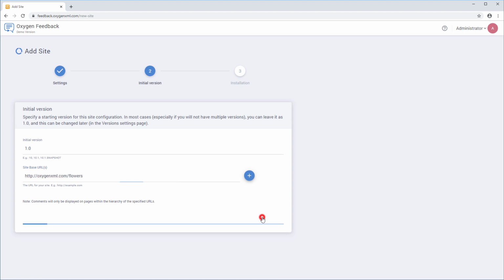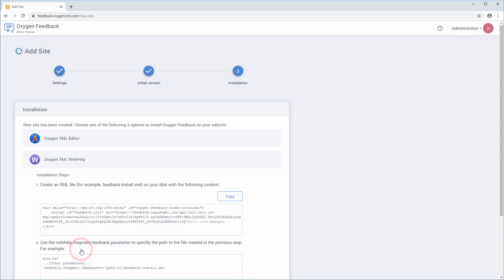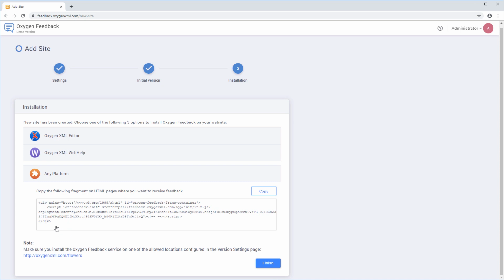And the third step of the wizard is the installation page. And here there are 3 options. If I were to generate the web help documentation using a command line script, I would select the Oxygen XML web help option. If I wanted to add the comment system in any HTML-based web page, I would select the